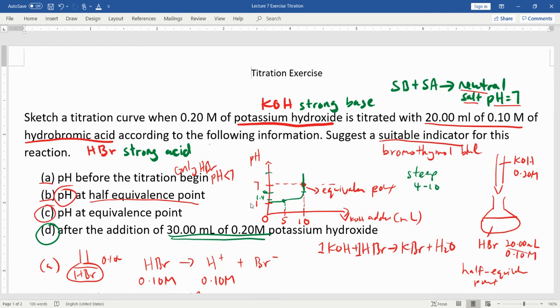Okay, so before I forget, so this one, if let's say this is 30, so just now our pH is 12.9. Okay, so draw this in a bigger scale, then that is your final answer. Don't forget